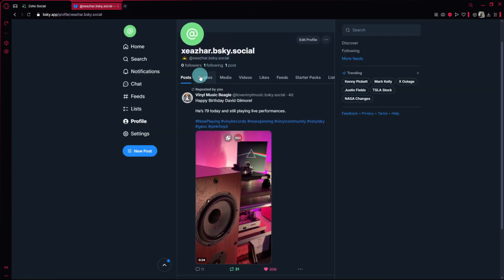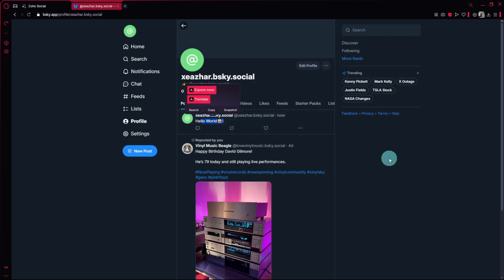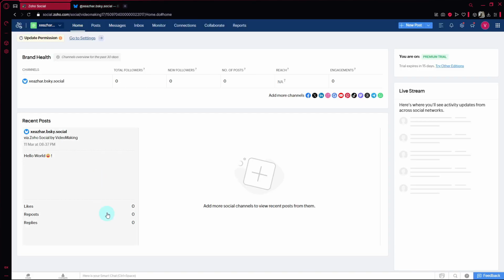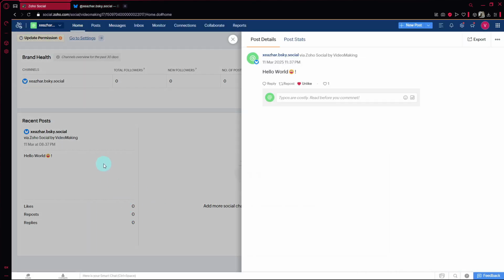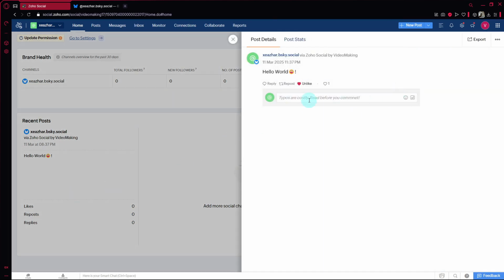And looking over here in our Blue Sky, you can see here that it is actually posted just there and then. So if you like this or repost this, you should then be able to also see an update over here in our section. So you could actually view it over here. You could chat whatever here that you want. So as you can see here,